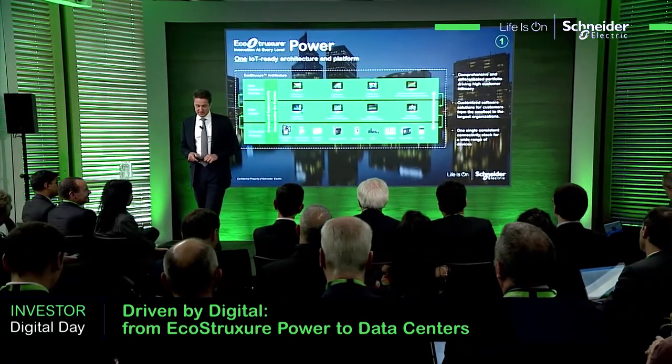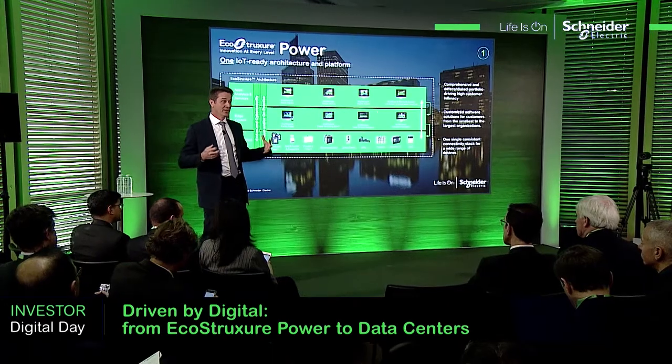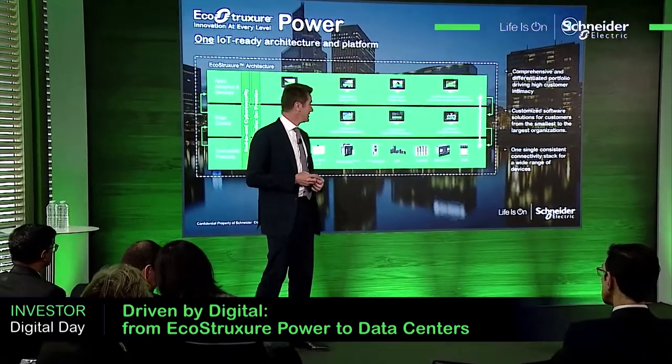Architecture. Indeed, it is tough to build one architecture. And when I look at competition, I see many competitors coming with offers that might be different, whether you're North America, Europe, Japan, or China, where, when you talk about digital, global customers want one solution. And that's tough. It's tough because we've done the work of converging all of those technologies, aligning all our different regions and lines of business so that